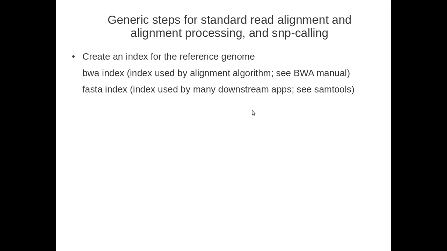So let's go over what some of the generic steps for read alignment, alignment processing, and SNP calling are. So the first thing before you can do anything is that we need to create what are called indexes of the reference genome. I'll tell you in a second why we need indices. I'll just mention it briefly here, that essentially indices allow a